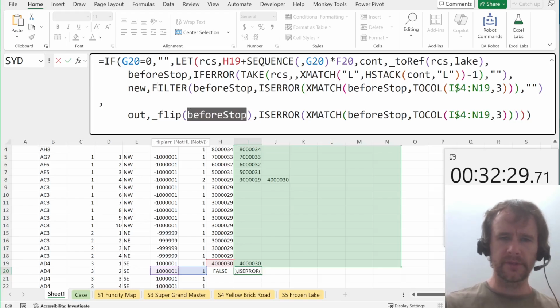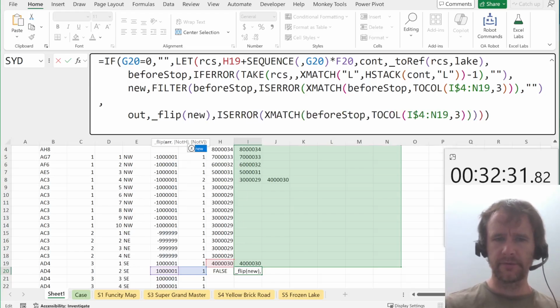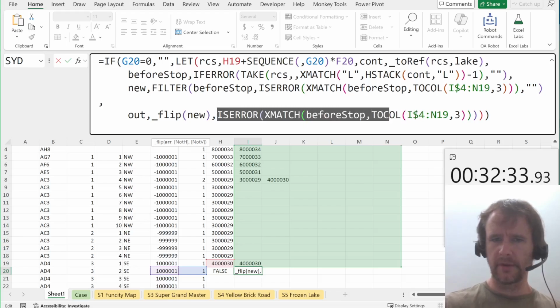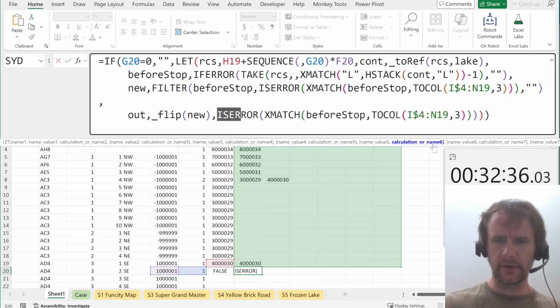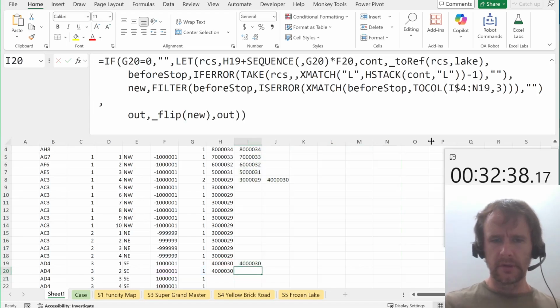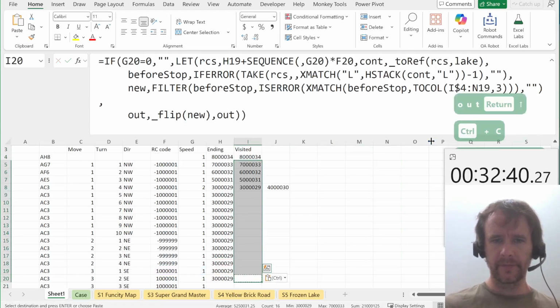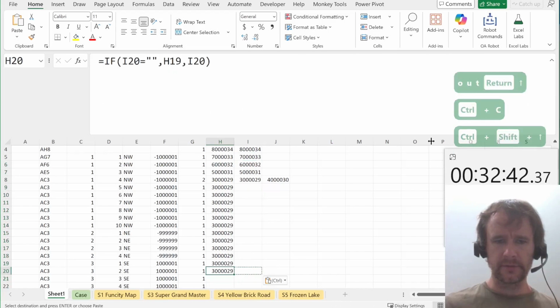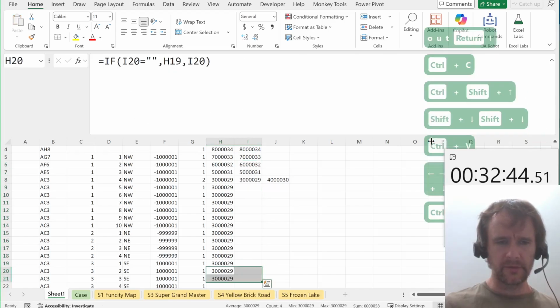Oh, the problem is that I'm still referring to the previous step instead of referring to the new step because I'm a clown. Okay, so then we're going to grab this and replace it with that. See how this question is quite hard. Anyway, okay, so then